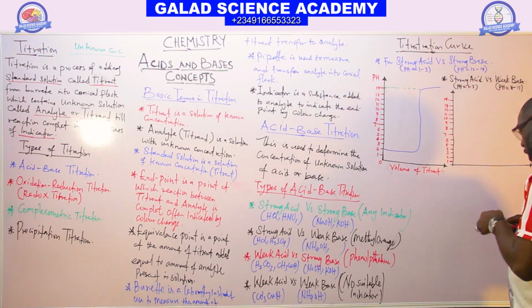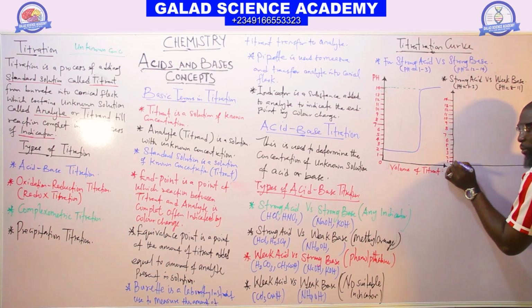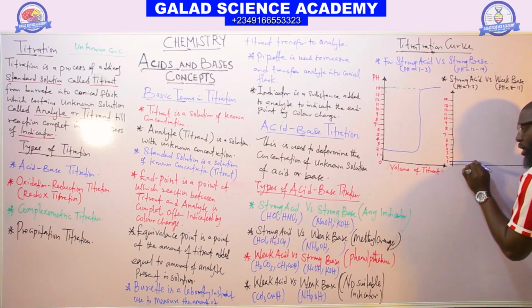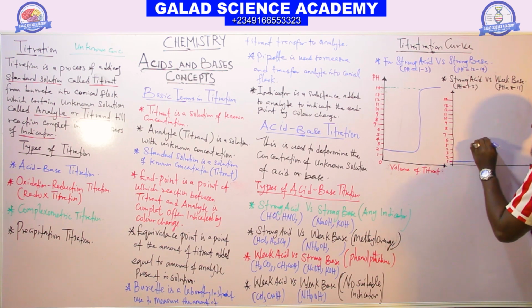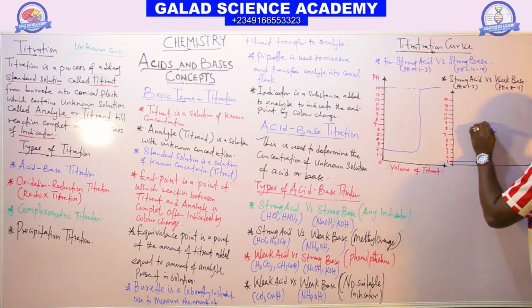Strong acid and strong what? And a weak base. So your curve starts from 1 or 2 or 3. Let the curve start from what? From 1. Go up like this. It will end at